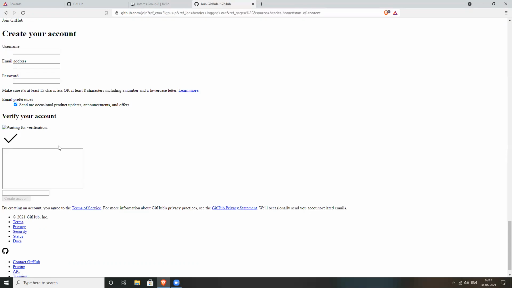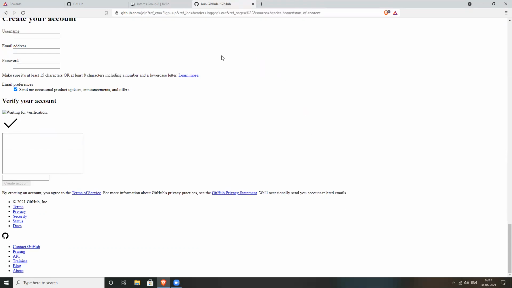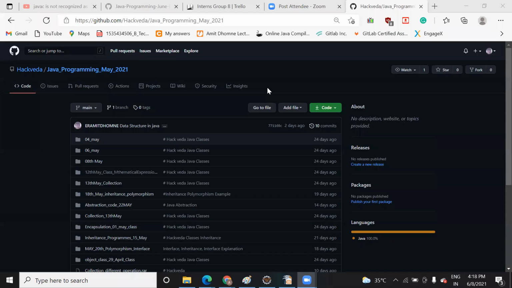But I can't sign in now. But why is it so? Okay, you stop sharing. Let me check it. Otherwise, it might be that GitHub is in... Can you make me host? Yes, yes, I'm making it. Okay, I need to check. Might be Git is in update state, so that's why. But let me refresh it.